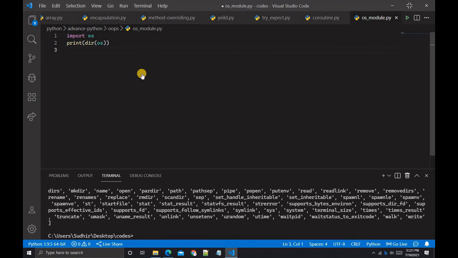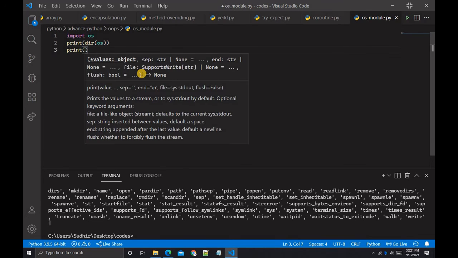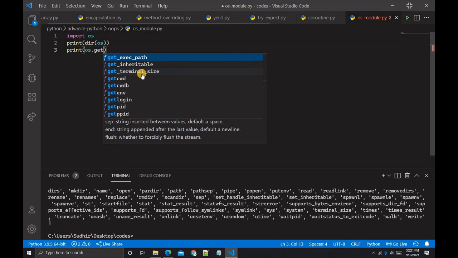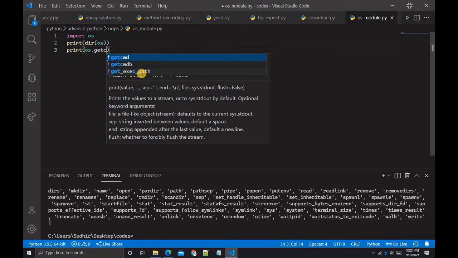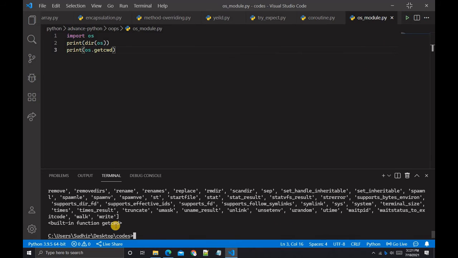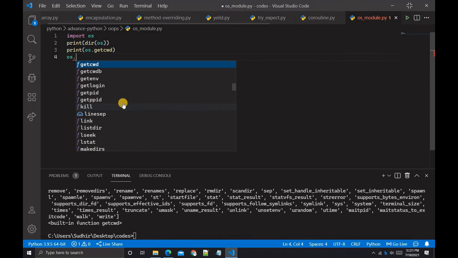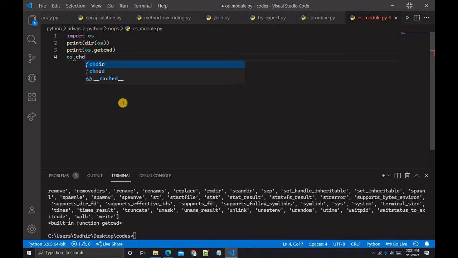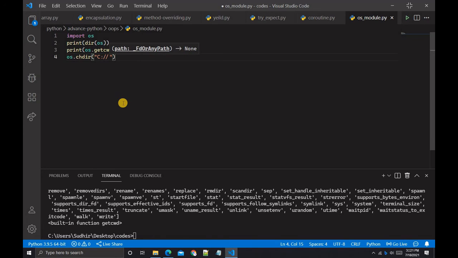And then we have to type print(os.getcwd()), comment the previous line, save this and run it again. So you can see the current working directory is printed. And then we type os.chdir with the C drive, and now run this file.